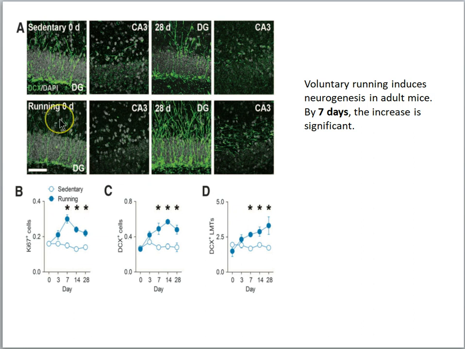But look at the running condition. So again, on day 0, we have a certain level of neurogenesis happening in these regions. Day 28, after 28 days of regular access to exercise, voluntary running, we see a lot more staining here in both dentate gyrus and the CA3, indicating higher rates of neurogenesis. So there are more neurons being born in the mice that had access to some exercise. And down here we see the data, and you can clearly see the pattern that the running condition is elevating the number of cells that were stained. Also the large mossy fiber terminals increased as well.